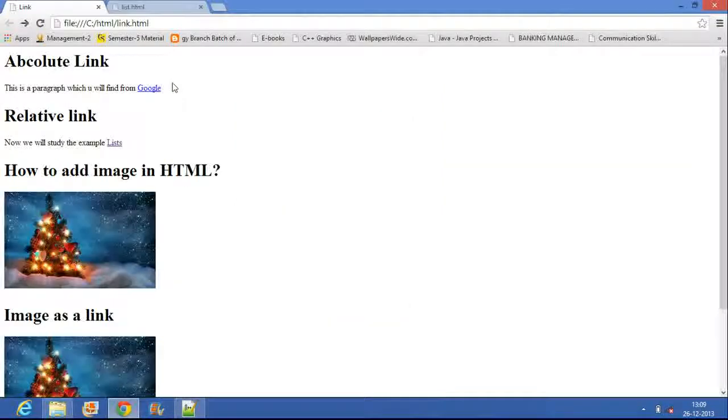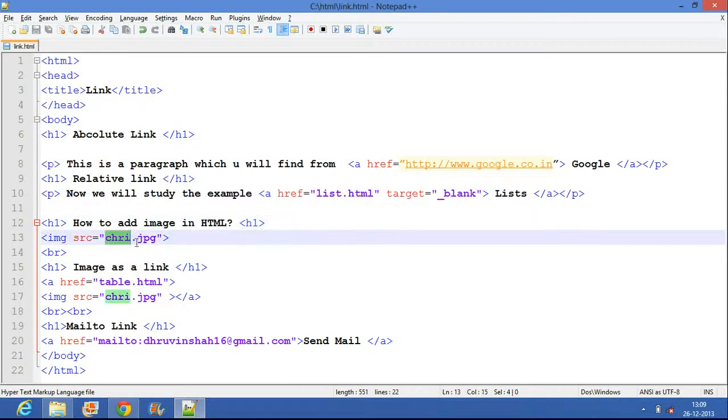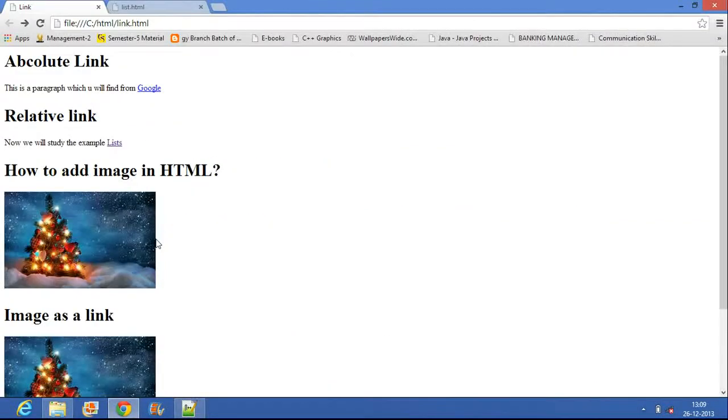Now for an image we have to use the image tag, img src equal to the image name, that is christmas.jpg. I have written it short, chri.jpg. Now I will show you its output. Look, the image is shown here.